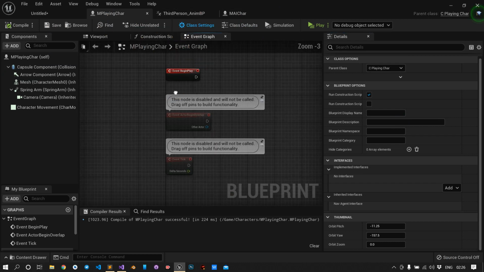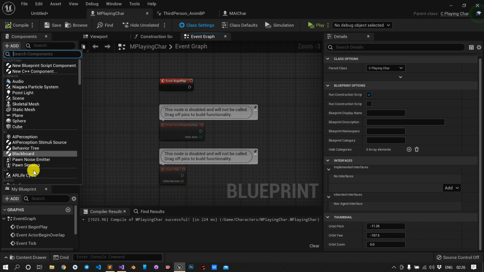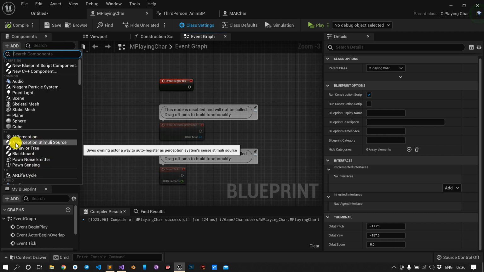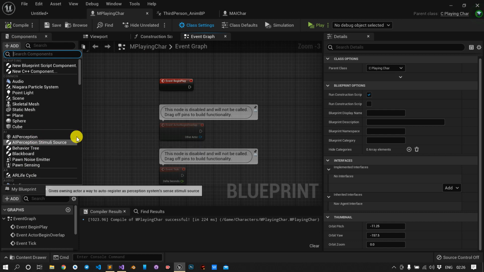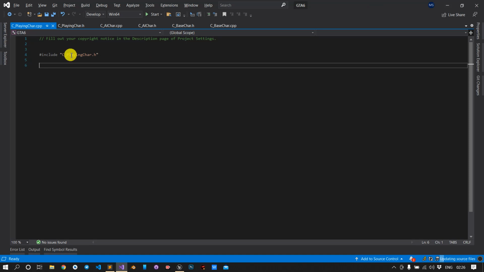So now we need to have the stimuli source, right? So in Blueprint, how will we do that? Just click add, and here we have AI perception stimuli source. Okay, so we can add it, but we will do it with the C++ version. So just open Visual Studio, and here we will code.